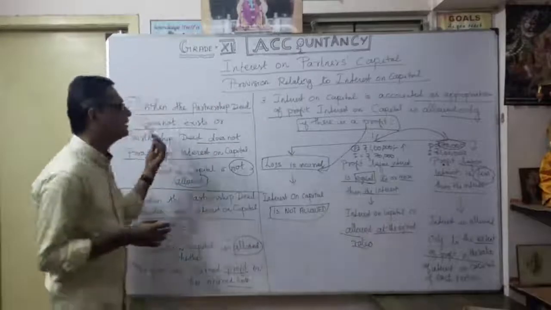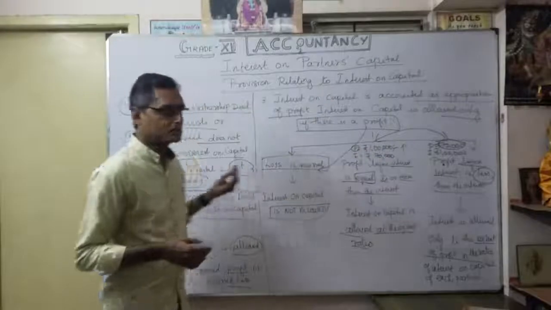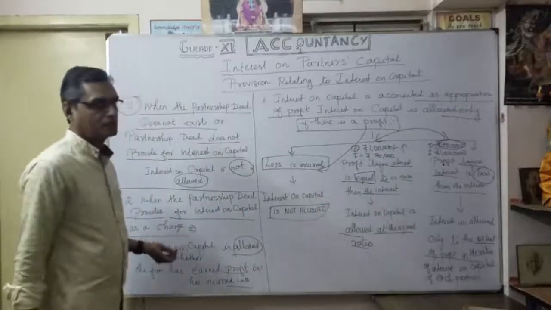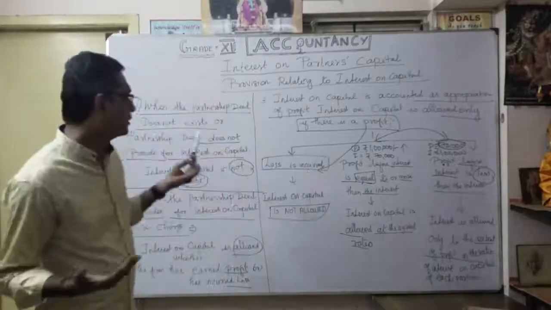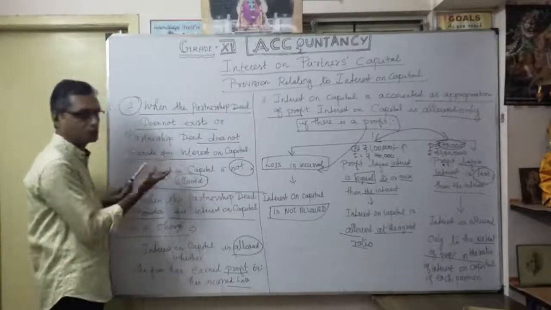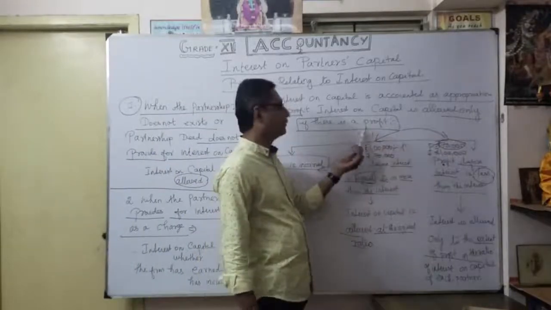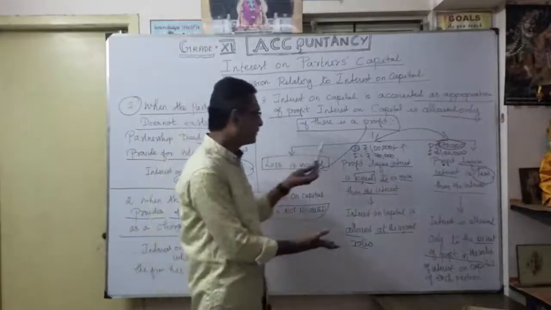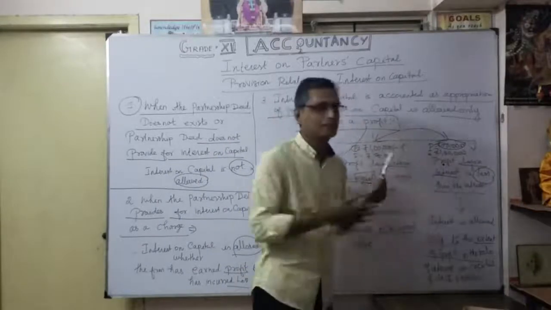You understood? That's the three-way provision relating to interest on capital. If the deed does not mention that interest is allowed, or there is no partnership deed at all, then naturally it does not provide any interest on capital, so interest on capital is not allowed. If they provide for it, it is allowed, with one very important condition: there must be a profit. Whenever there is a loss, no need to calculate. If it is a profit, then we check whether the profit is more than the interest or less than the interest. That is the idea.